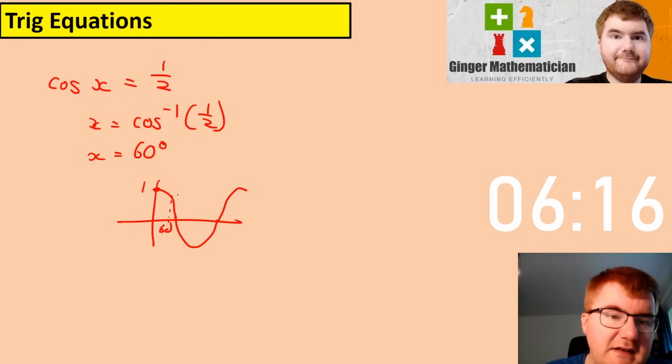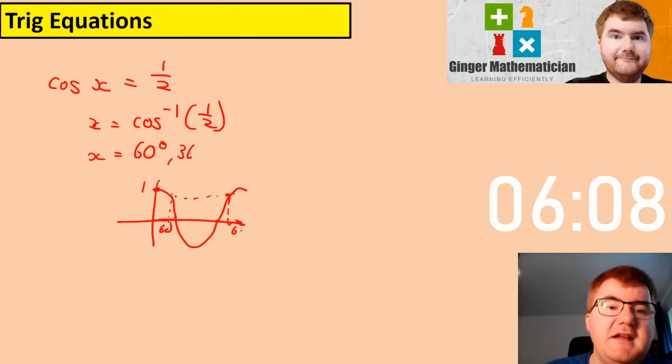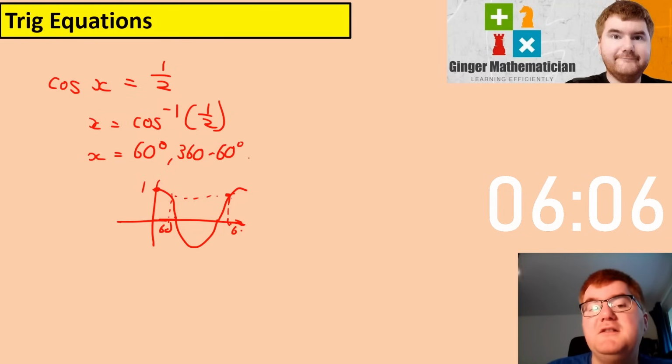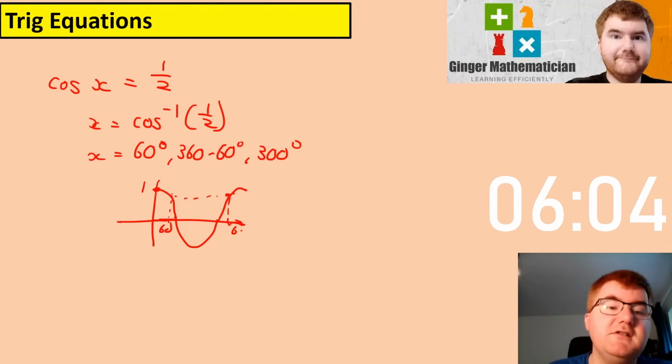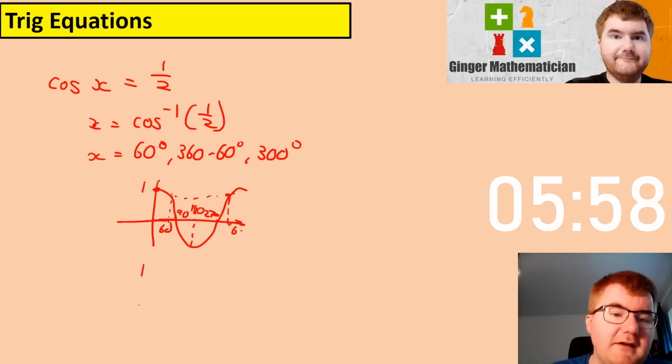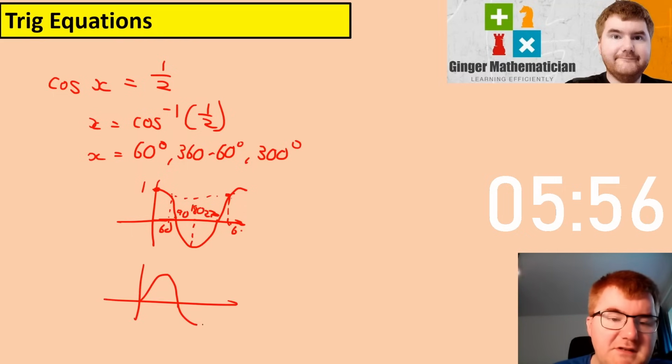So this is 60, but we've also got an angle over here. These two lengths are the same. So we essentially need to do 360 minus 60 to give us 300. So you need to know your cosine graph, which is this, going through at 90, 270, and 180, and also the sine graph, which is similar. So it goes something like this, between 1 and -1, and this is at 90, this is at 180,